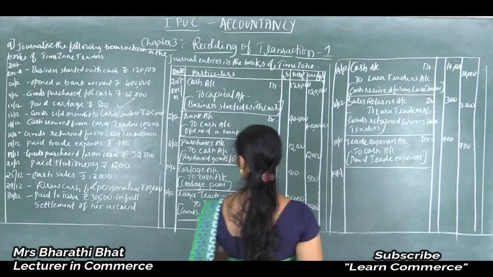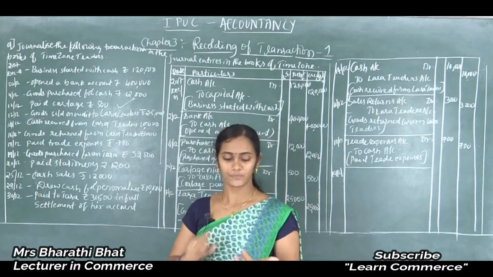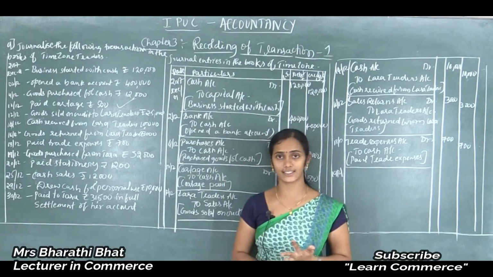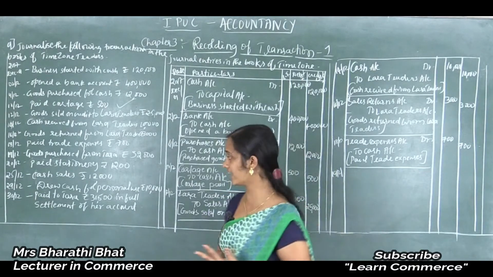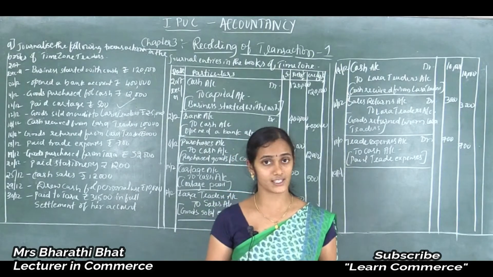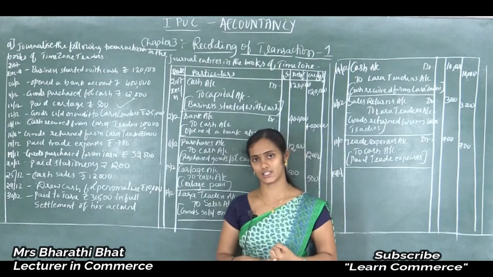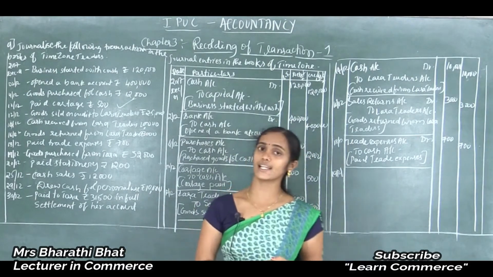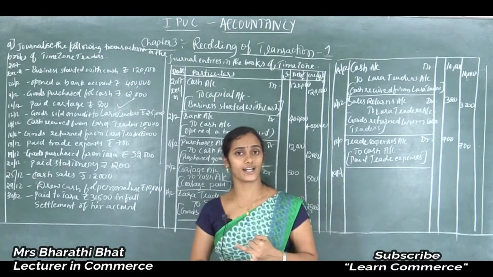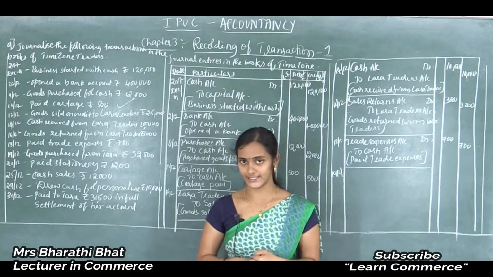19/12. Goods purchased from Tara. When a person's name or entity name comes, it is considered a credit transaction. So what are the two accounts? One is Tara, because she is a creditor for the organization, and the next one is purchases account. Increases in expenses are to be debited. Again Tara is considered a creditor. What is the rule of credit? Creditor comes under liabilities.